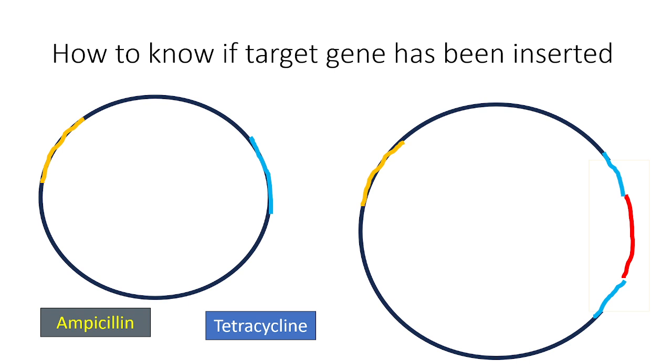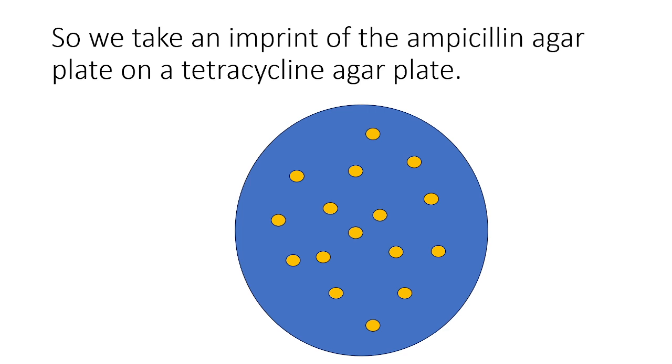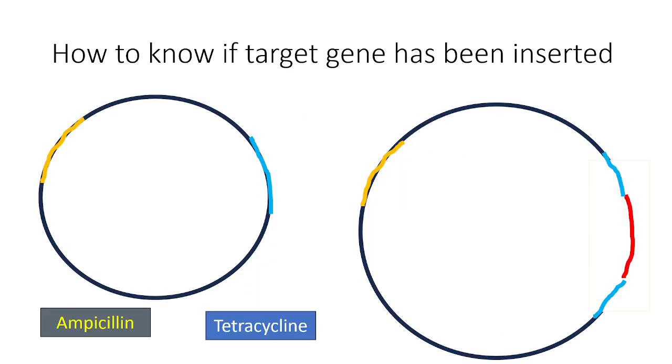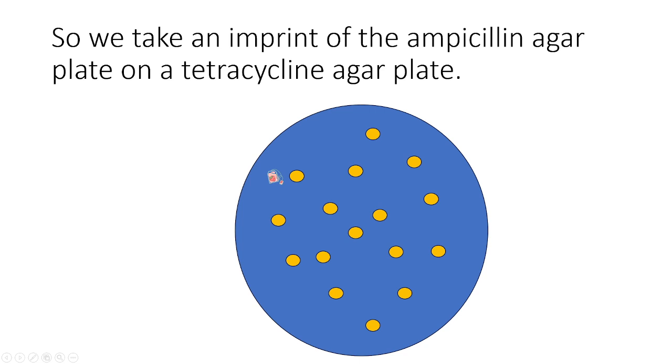Now let's get back to this picture. Here we are using a tetracycline resistance gene. In that my target DNA is being inserted. If my target DNA gets inserted, then this bacteria is no longer resistant to tetracycline. So if the bacteria has grown in ampicillin, that means my plasmid is there. But if the bacteria doesn't grow in the tetracycline medium, it means that my target DNA got inserted. If it grows even in the tetracycline medium, that means that this gene was not disrupted. That means the plasmid is there, but my target DNA is not there.